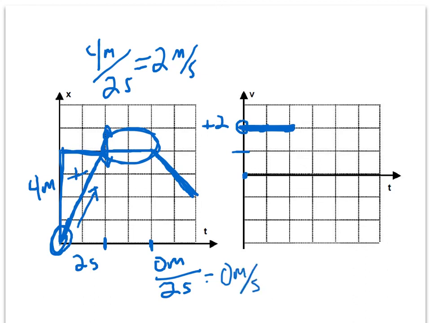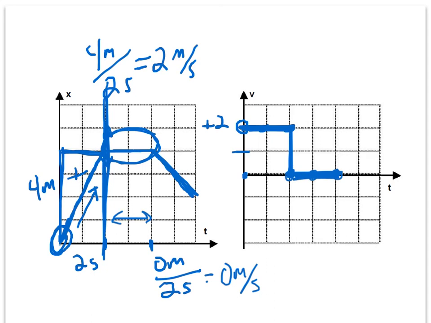So it's 0 meters per second. So for this 2-second increment right here, the velocity is 0. So for seconds 3 and 4, it's 0. And again, because the change happened right here at 2 seconds, it happened instantaneously. So this line is going to jump straight down to 0